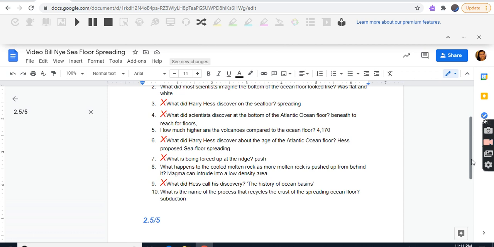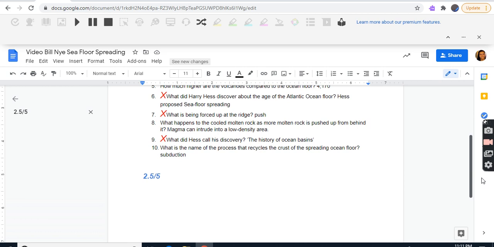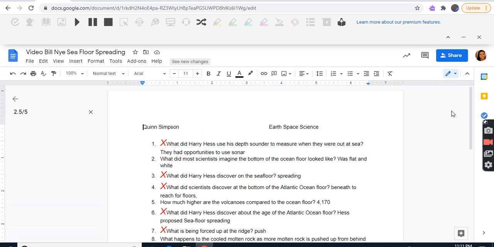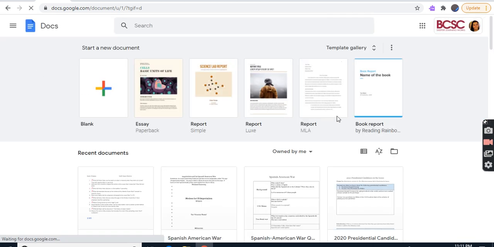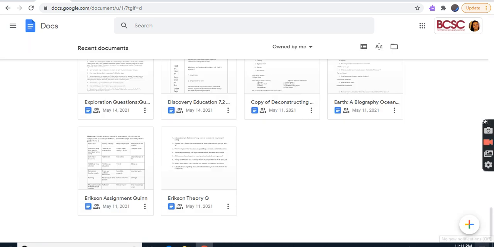What did Hess call his discovery? The history of the ocean basins. What is the name of the process that recycles the crust of a spreading ocean floor? Subduction. So yeah, I was almost kind of close to getting the grade, but I did not check on PowerSchool